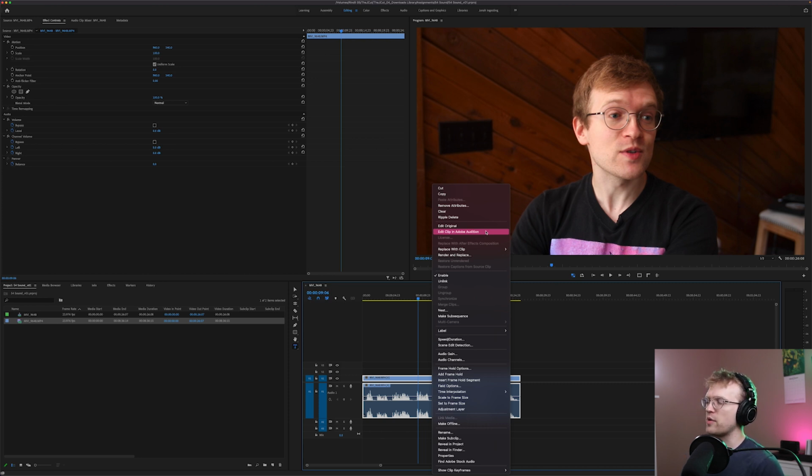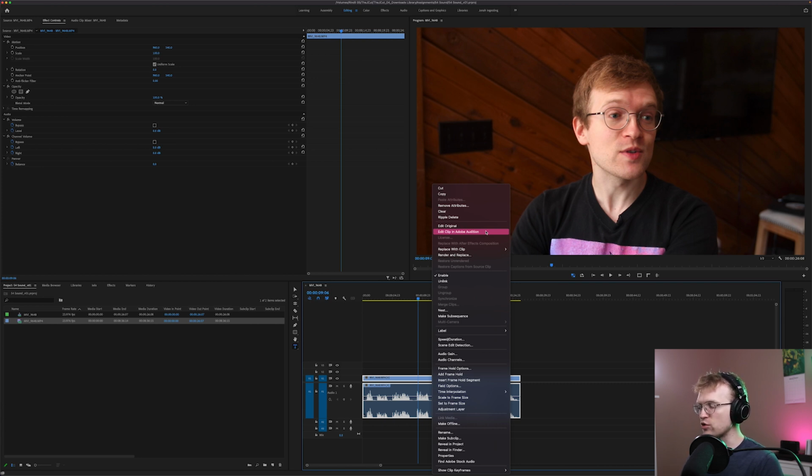Now, some of the Adobe products have a nice dynamic link where they can go back and forth between each other. So if I hit Edit Clip in Adobe Audition, it's essentially going to make a new version of the clip that isn't attached, and then it's going to export that into Adobe Audition and let me use Adobe Audition's more robust audio editing tools. And then when I save and quit Adobe Audition, it will bring that clip back into Premiere and automatically synchronize it and attach it to the video clip.